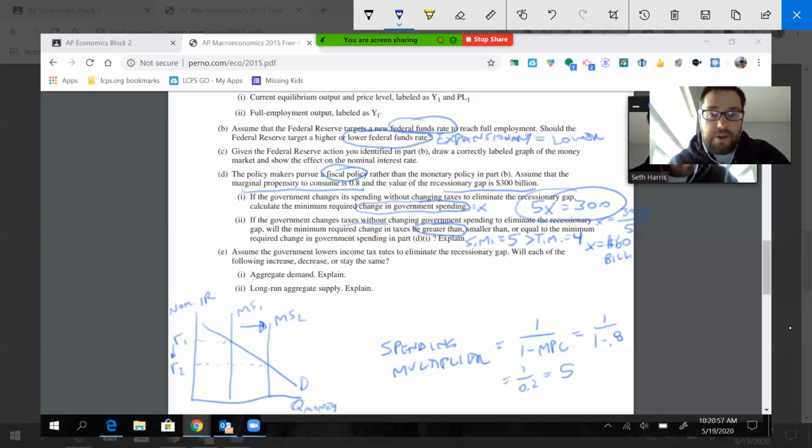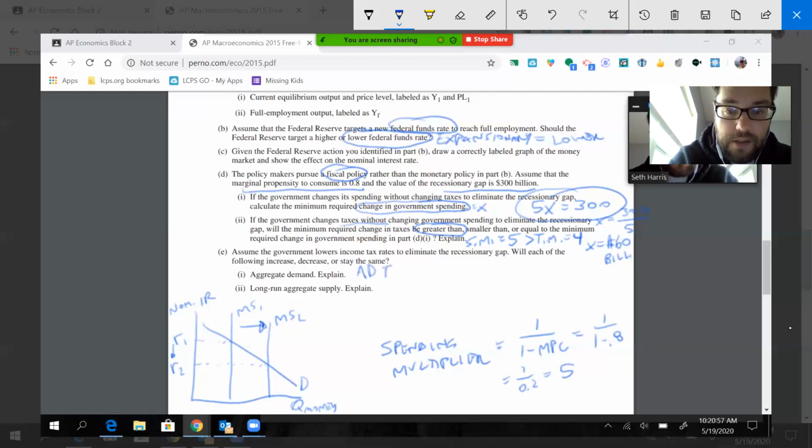All right, part E, assume the government lowers income tax rates to eliminate the recessionary gap. Will each of the following increase, decrease, or stay the same? Both of these, I want a little explanation. So part one is pretty straightforward, right? So we're reducing income tax rates. So think about what that's going to do to different components of GDP, right? So the obvious